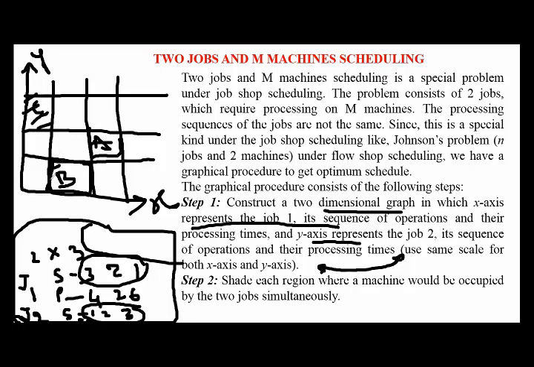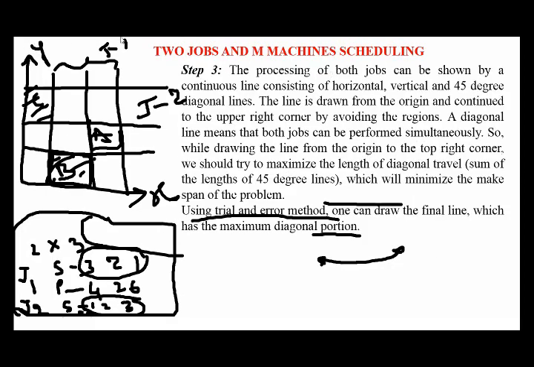This is the principle we follow to draw. We construct a graph. Here, the vertical line indicates the process times of job 1, and the horizontal line indicates the process times of job 2. Then after constructing the blocks, we are going to calculate the ideal times for each job in the third step. We are going to calculate the ideal times for job 1 and job 2.